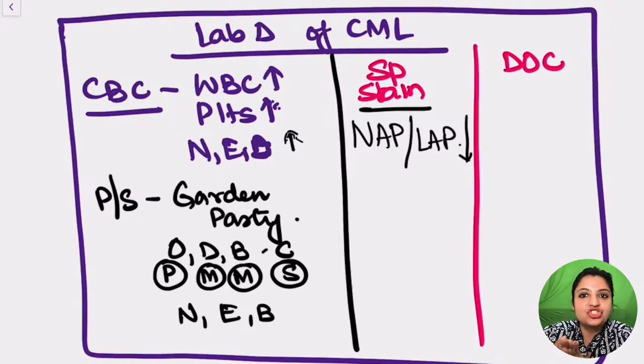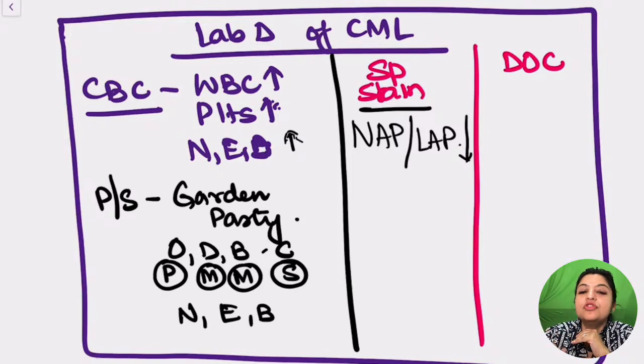So, whenever you see so much shift to the left, sometimes it has to be differentiated from leukemoid reaction. So they can ask you, how do you differentiate CML from leukemoid reaction? So first thing you have to write is that in leukemoid reaction, usually basophilia will not be there. Basophilia is usually a feature of CML. That's the first point. Second, if you do a special stain, you will see NAP count is low in CML,